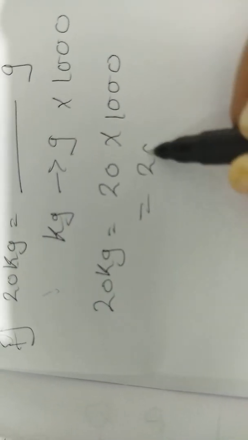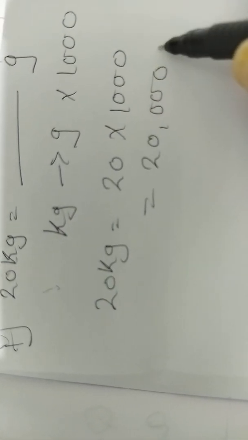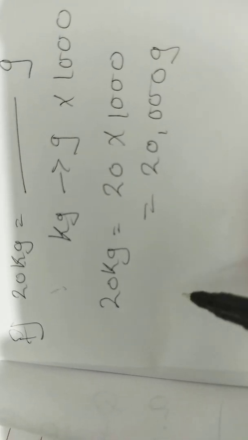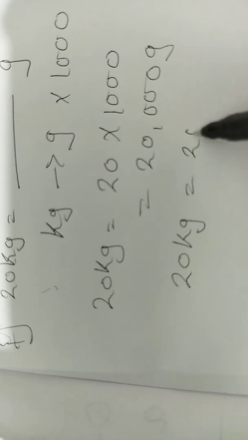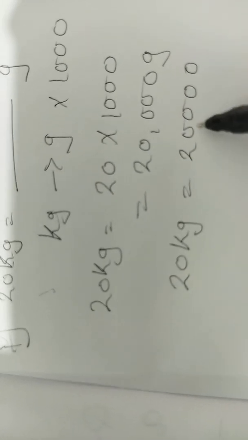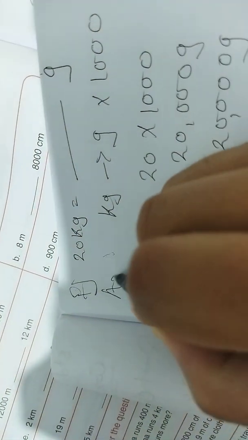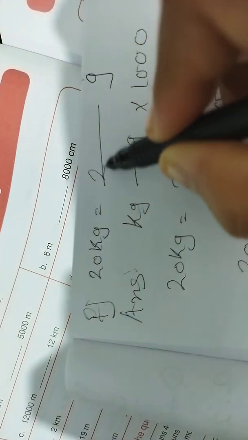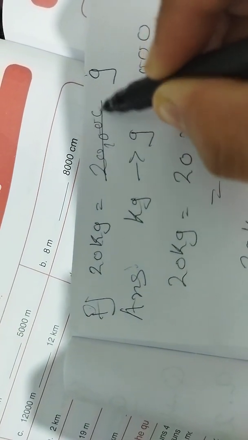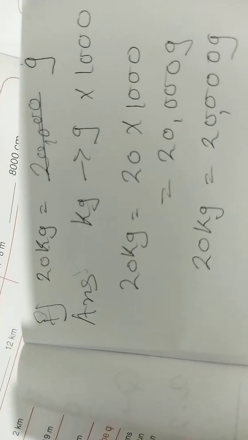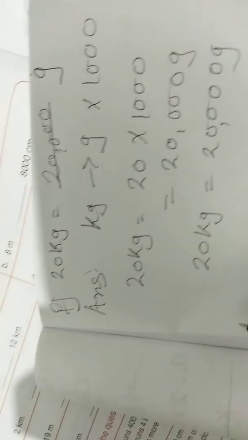So the answer is 20,000 grams. So here we write 20 kg is equal to 20,000 grams. This is the answer. So here we write 20,000. Now next one,